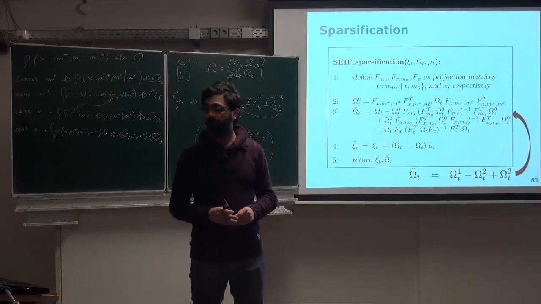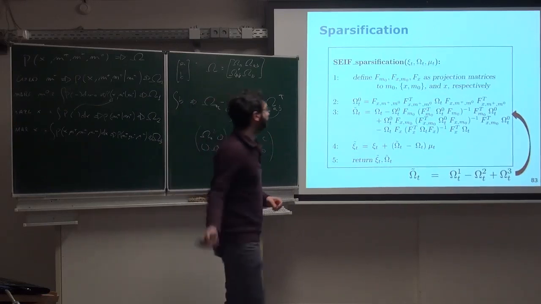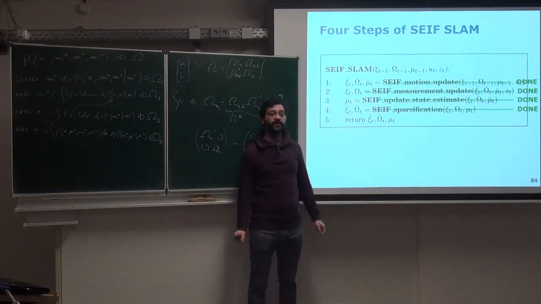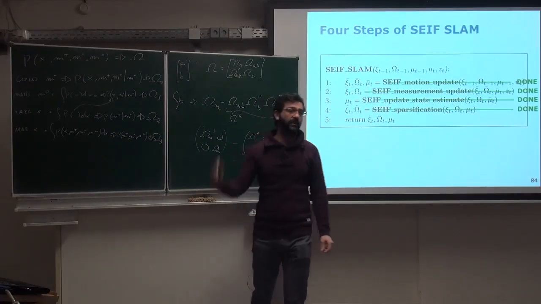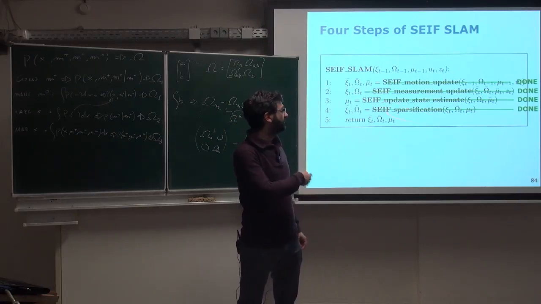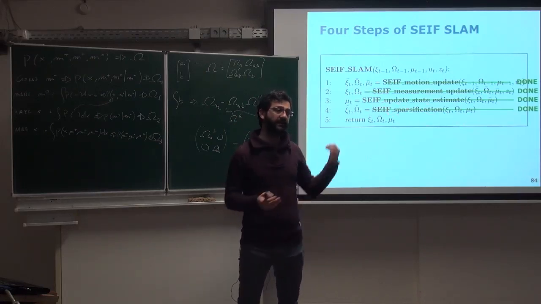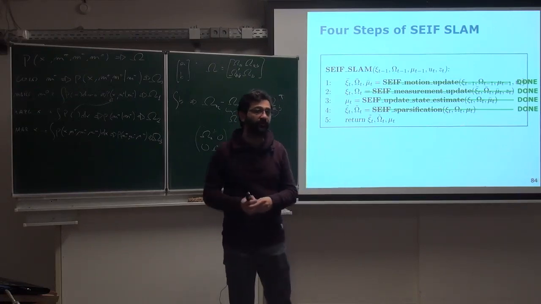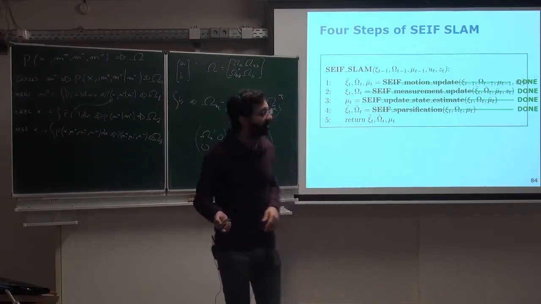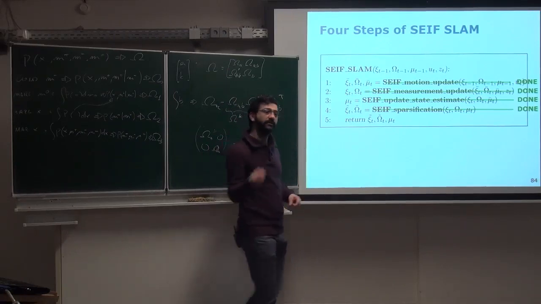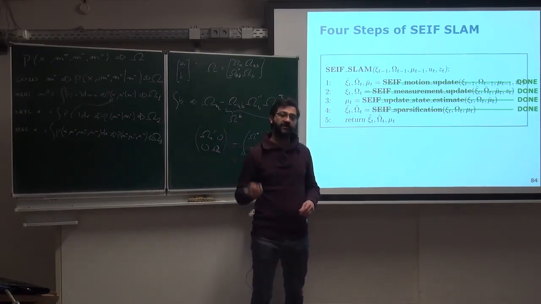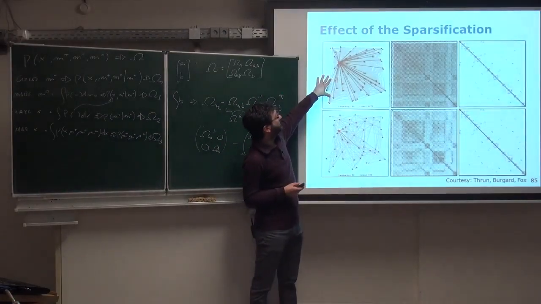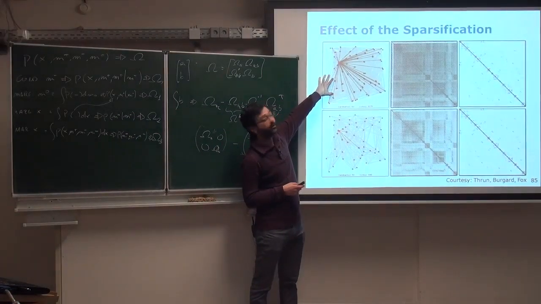Okay. So that's it. That's the whole step of the SEIF. It's one after each other. You need to really exactly implement the equations that have been written there, and you get your filter back. Now, what happens in practice? So how does this approximation actually affect our estimate? If you look here, we have a full non-approximate